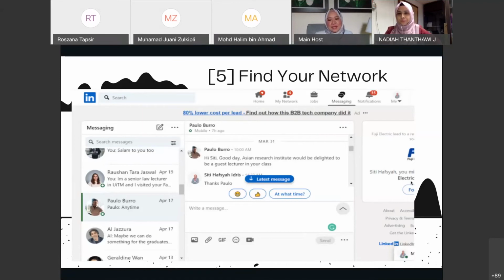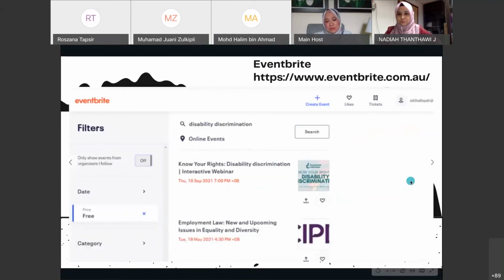Okay, and yes, LinkedIn is one, and then another one is, this is the one yang Nadiah cakap. So okay, I joined this Eventbrite. I think starting from last semester. So this Eventbrite actually they have two options, whether you pay or you want to get the free one. So I always go for the free one, and then search lah activity event apa yang you nak pergi, and I akan cakap kat situ environmental law. So I attended many environmental law and also environmental justice events, whatever yang berkaitan dengan environment through online,